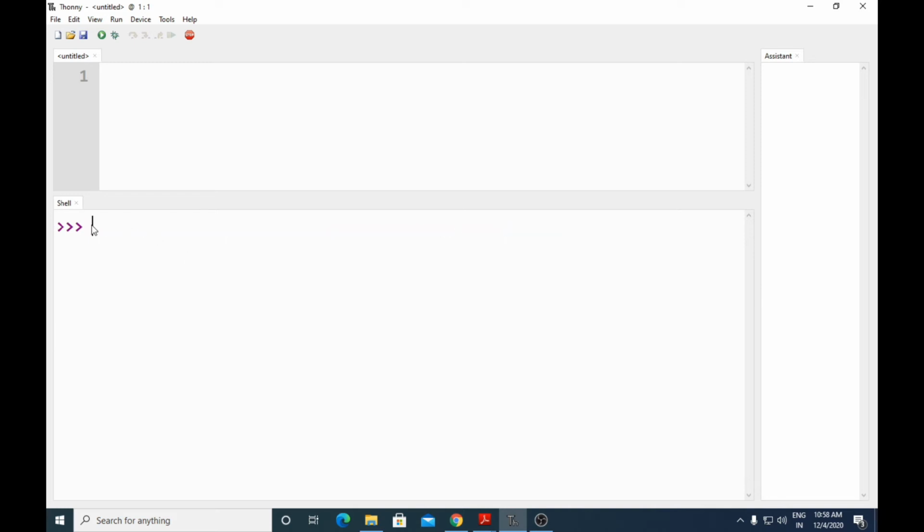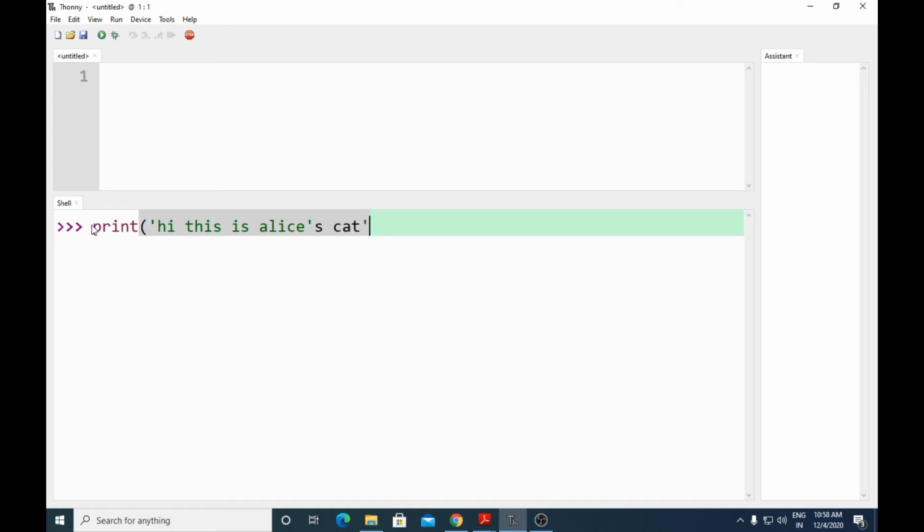For example, you have here print 'hi, this is Alice\'s cat'. If I want this single quote to be there in the string, I have to use the escape character.